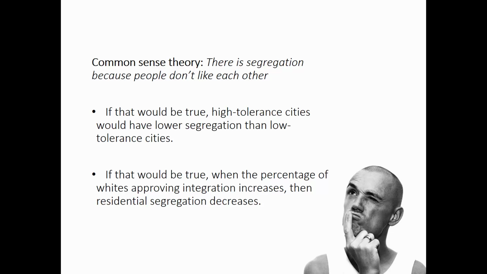So if there is segregation because people don't like each other, we would observe less segregation in more tolerant cities. That's the idea. Another implication: if segregation is due to people not liking each other, then when the percentage of whites approving integration increases, residential segregation decreases. Yeah? So the first one is the general attribute about cities being more tolerant, and the other one is just about individuals